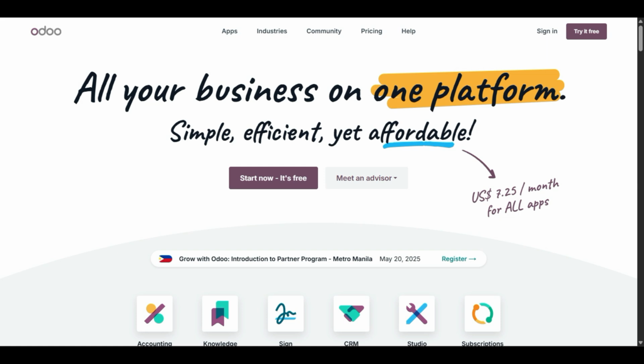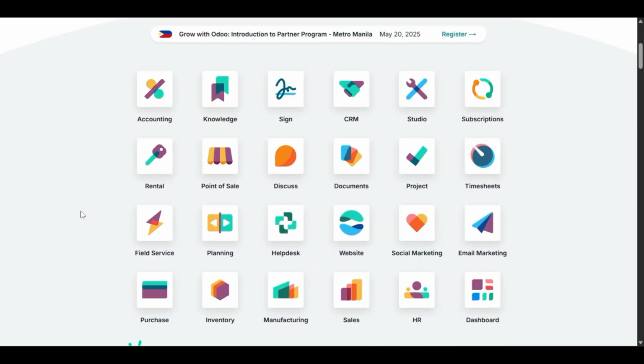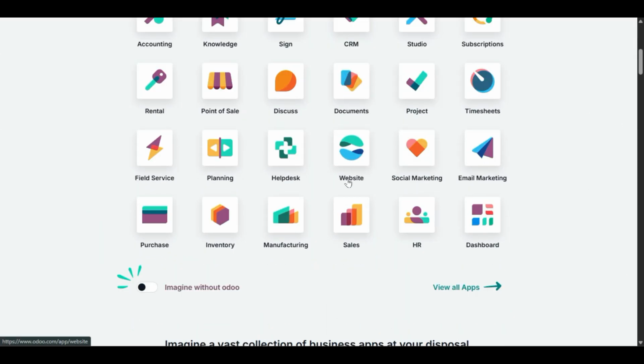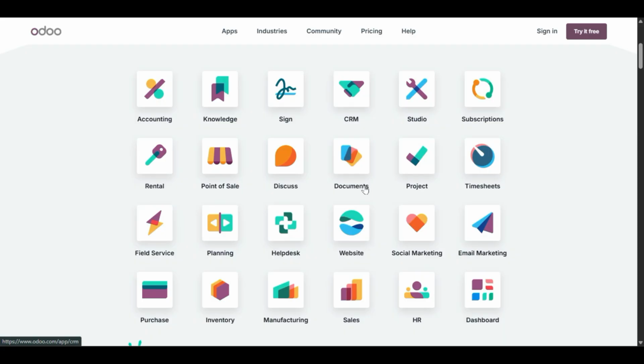If you want to build a free website for your business or e-commerce store, this video is for you. In this video, I will show you how you can create a free website using the Odoo platform. The Odoo platform not only gives you the option to create a standing website, it also has great service features which you can